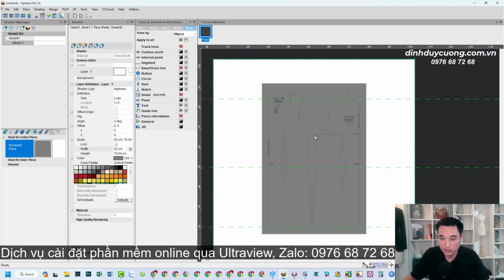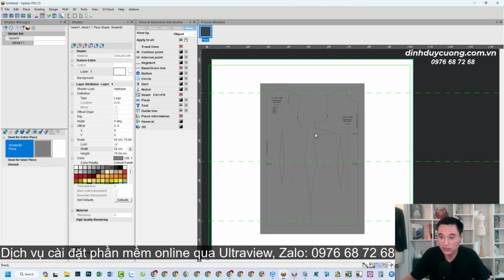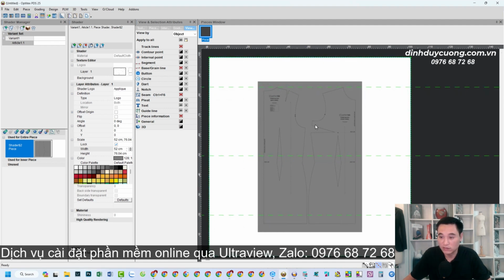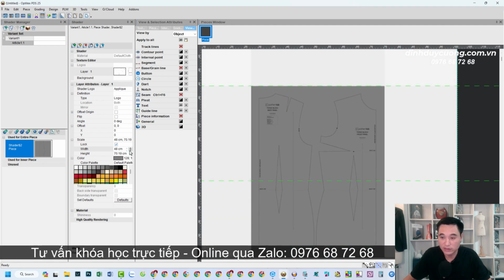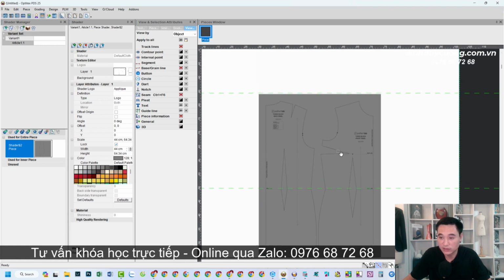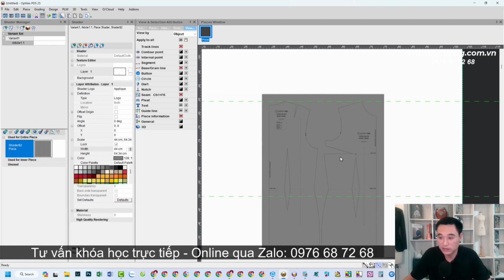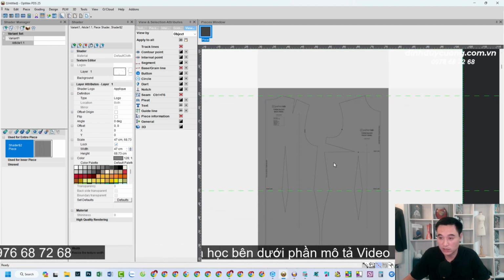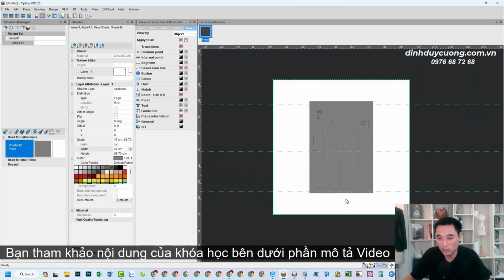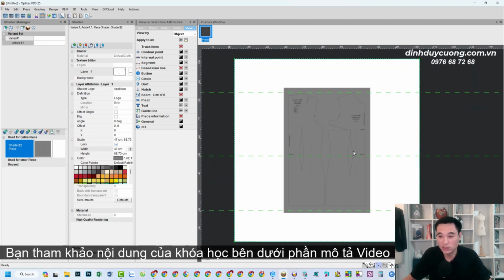See? It's actually a bit too much, right? And like this, I can clearly see that it's still a bit too long, right? So I'll just reduce it a little bit more. Now looking at it like this, it's actually a bit too short, don't you think? So I'll set it right here, maybe 46 or 47. Yeah, this is now about the approximate size that you are looking for, right? That means it is just for your reference and not meant to be an exact measurement, okay? It is definitely not an exact measurement.